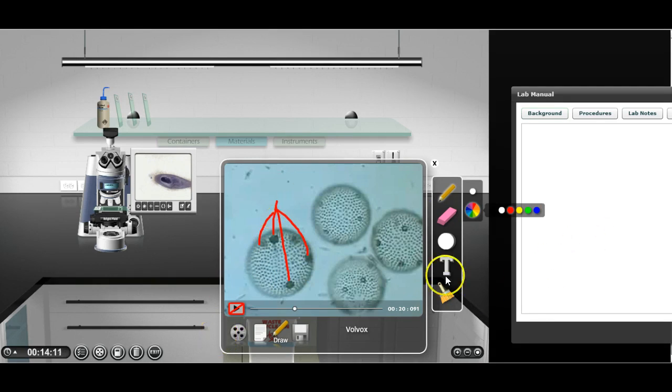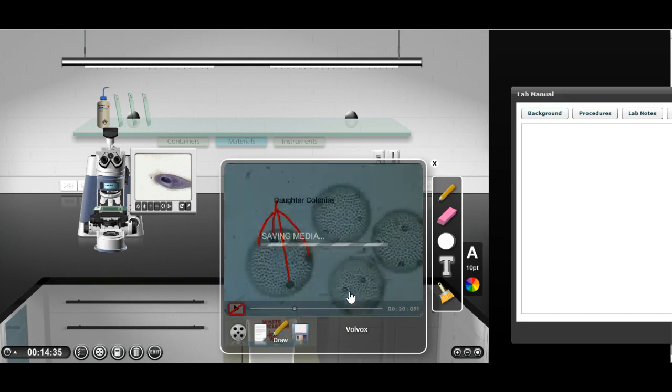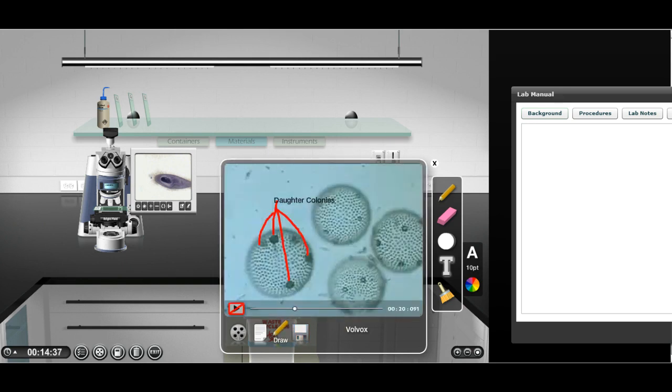And then use the labeling tool and mark those as the daughter colonies. Okay, so now then I need to save that. So save, I'll mark it as Volvox, and click OK, and it's saving the media. And just check that media should